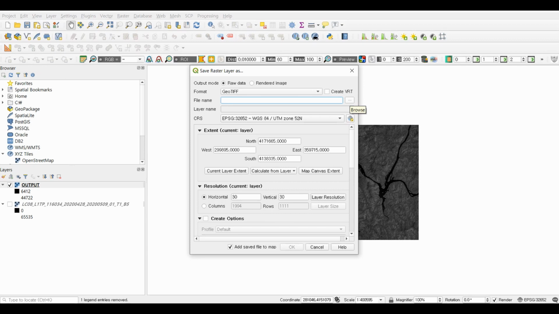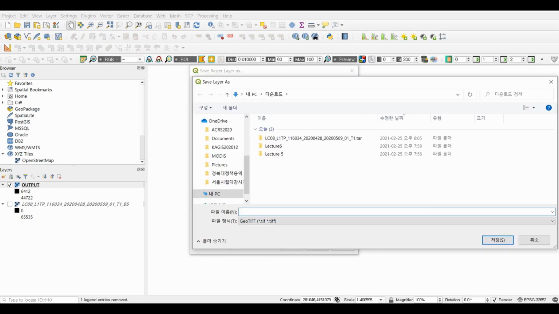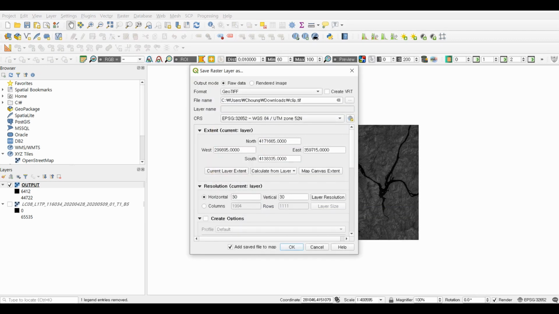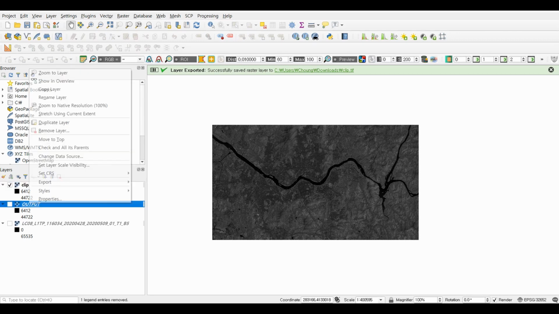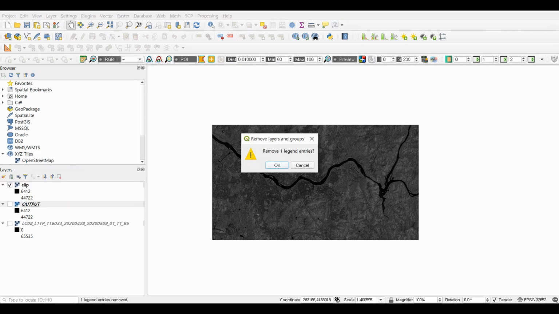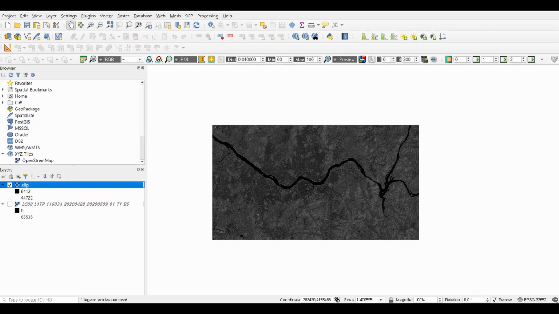First, click the Browse button, then you can write the name of the clip image. Finally, the clip image was generated as the permanent file. Then it's done.